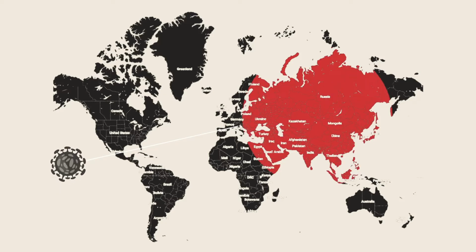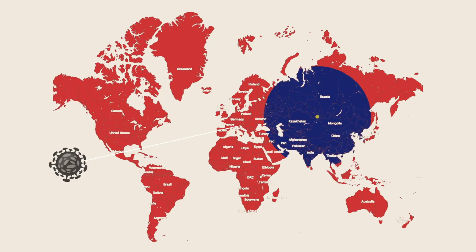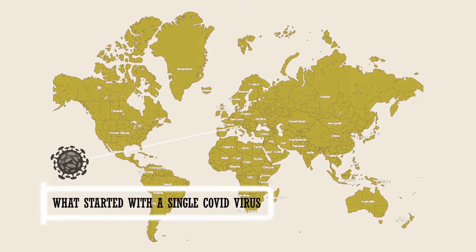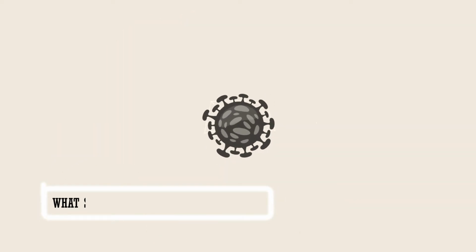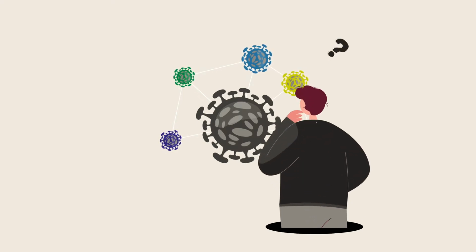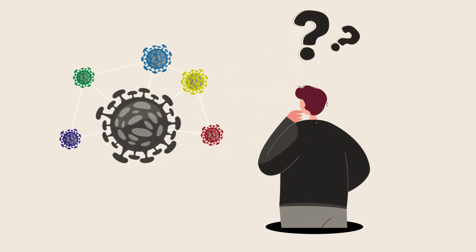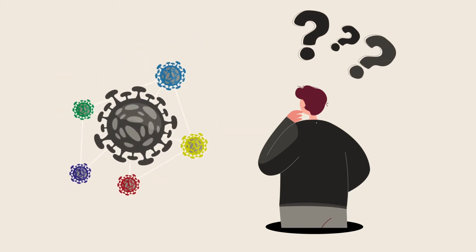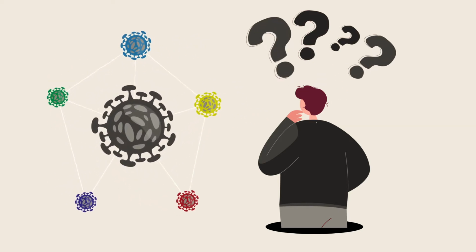The pandemic is still here, and with each passing day, it is showing a different wave of destruction. What started with a single COVID virus has now become a series of multiple variants operating in various forms and at different levels, but for the same cause, the destruction of life. So why is it happening? Why are there so many variants of this deadly virus showing up? What is the source of this, and where and how does it all stop?